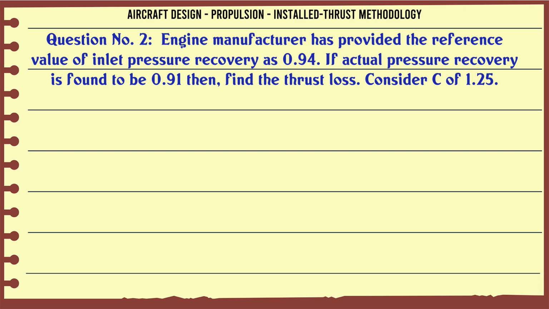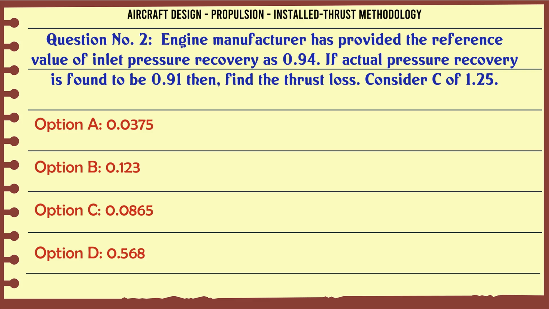3.37. Engine manufacturer has provided the reference value of inlet pressure recovery as 0.94. If actual pressure recovery is found to be 0.91, then find the thrust loss. Consider C of 1.25. A